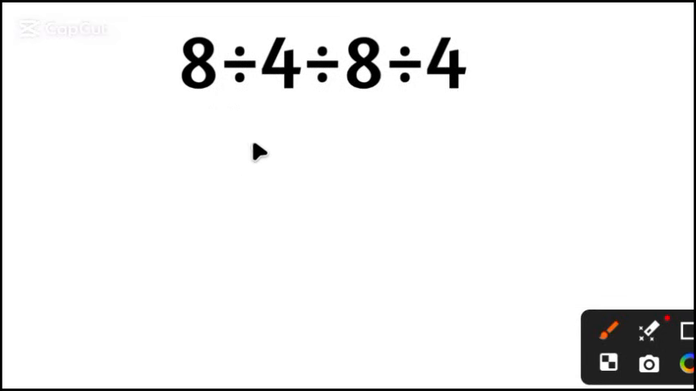8 divided by 4 is 2. Then 2 divided by 2 equals 1. This answer is wrong